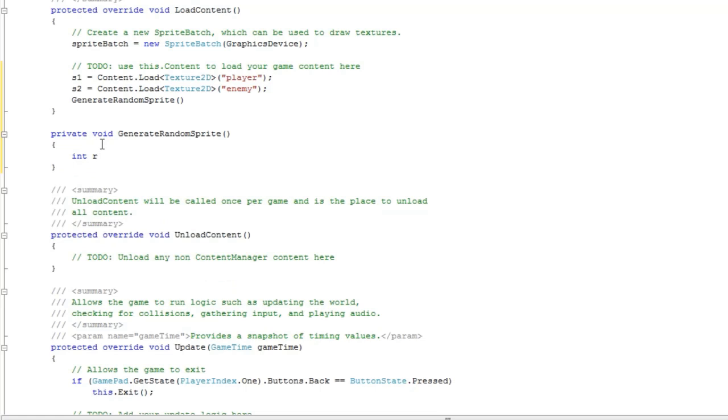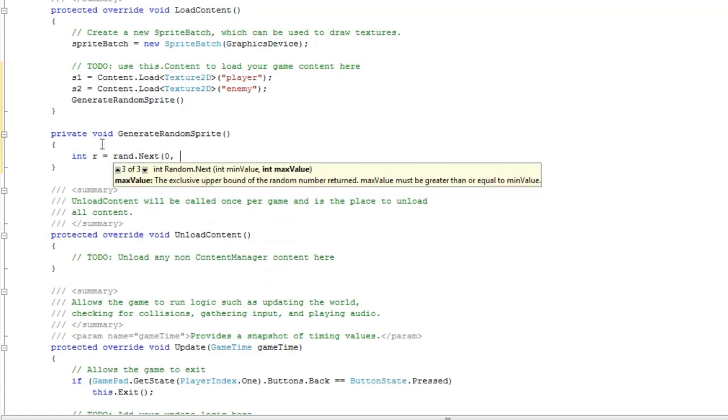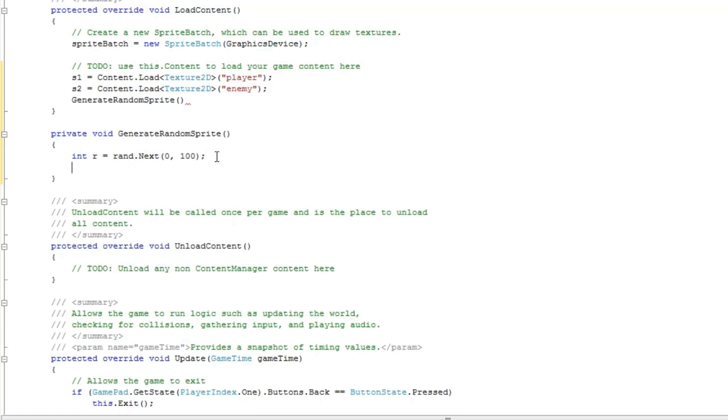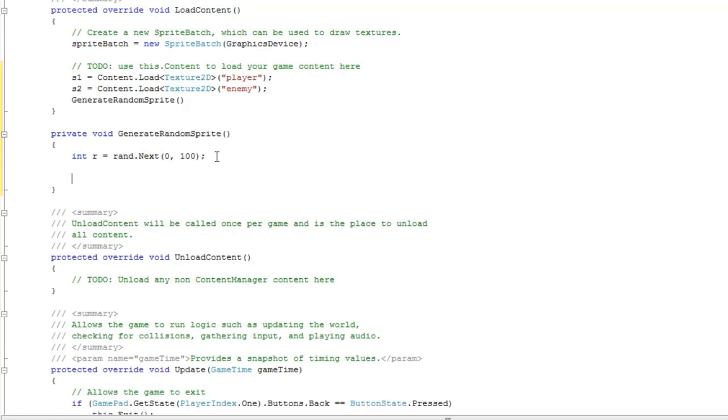Int r is equal to rand.Next. And we need to pass it some amount, so 0, 100. It can be 1,000, it can be 100,000, whatever you want. It can be negative 100 to 100. It's totally up to you, but 0 to 100 is perfectly fine for this sample. Now, if r modulus, which is shift 5,